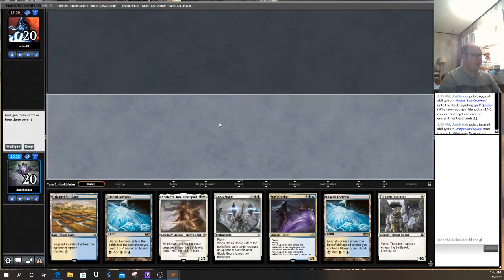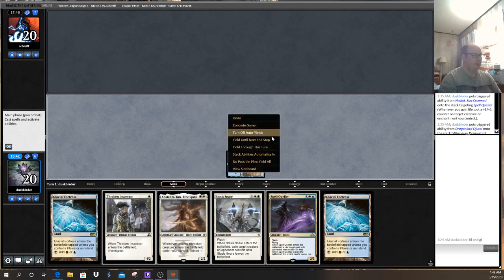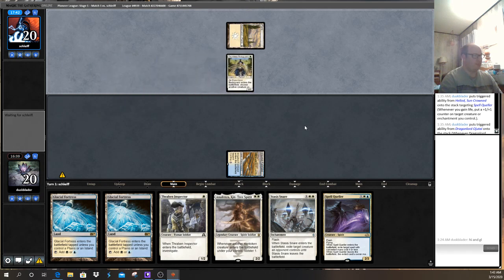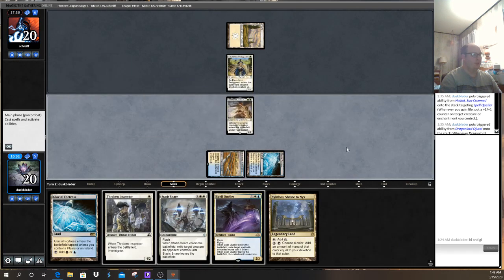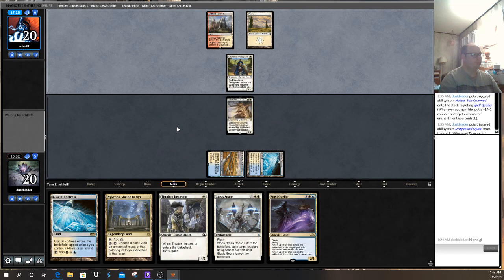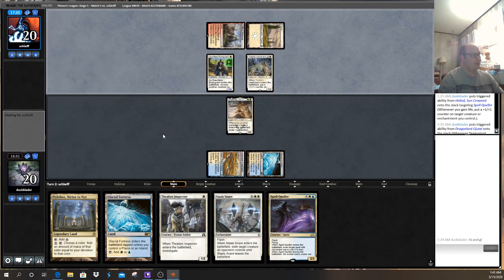Don't think Deicide's a particularly good card in this matchup. I get to go farmland into... yeah. Hand seems pretty decent. We do miss out on the opportunity to play Thraben Inspector here, but I think this hand in and of itself is fine. Yep, Bodyguard, sure. Go ahead. Bolster one. Okay. Tiger's Lieutenant. Mildly annoying, but...